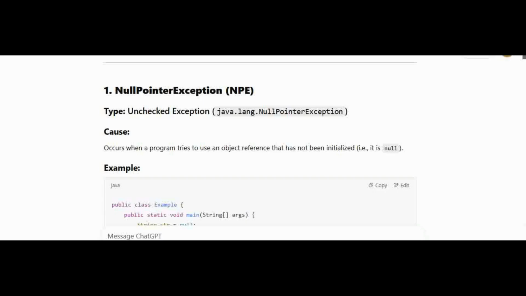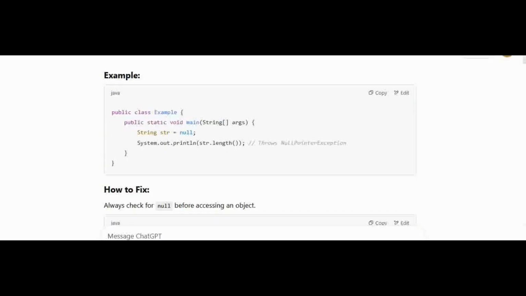We have Java: public class Example { public static void main(String[] args) { String str = null; System.out.println(str.length()); // throws NullPointerException } }